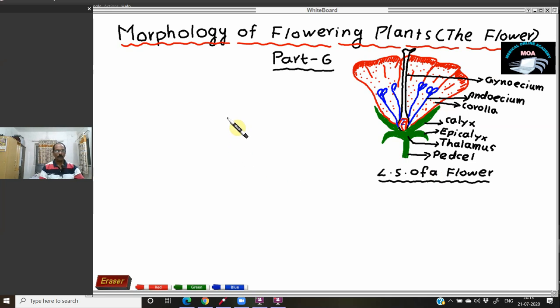Today we are going to study the parts of a flower. Previously we completed the root, stem, and leaves. So now we are going to study something detailed about the flower. So what is actually a flower? A flower is the reproductive structure in a plant. In the flowering plant, the flower is the reproductive structure. How is the flower produced, how is the flower formed? The flower is formed from the floral bud.